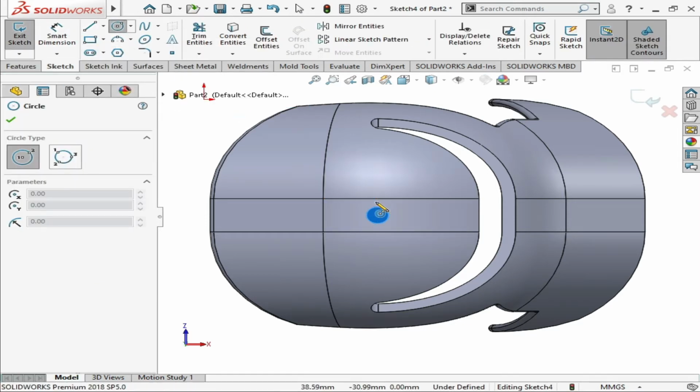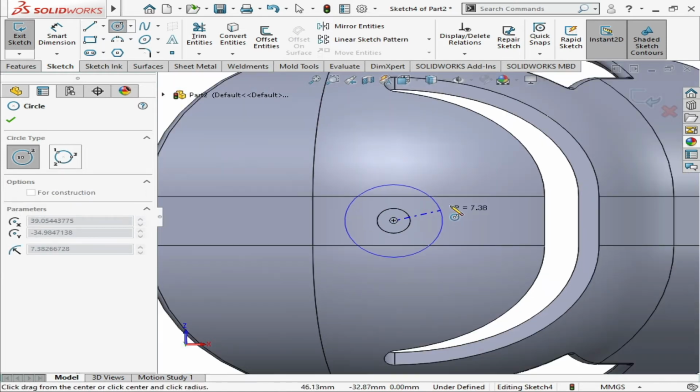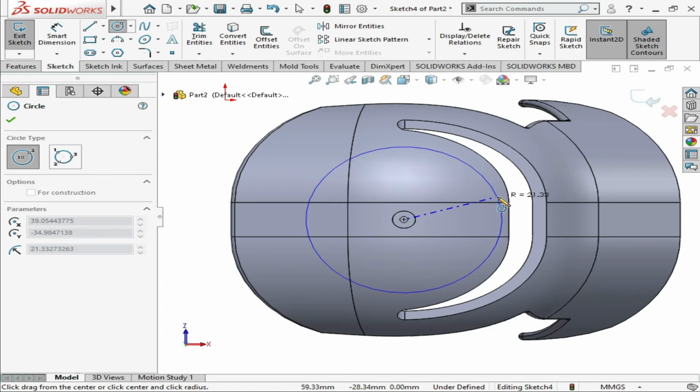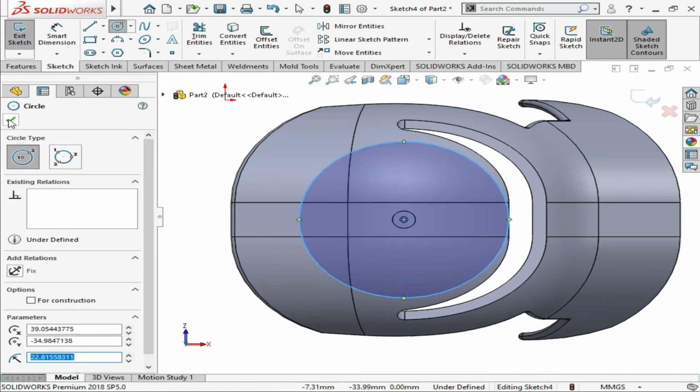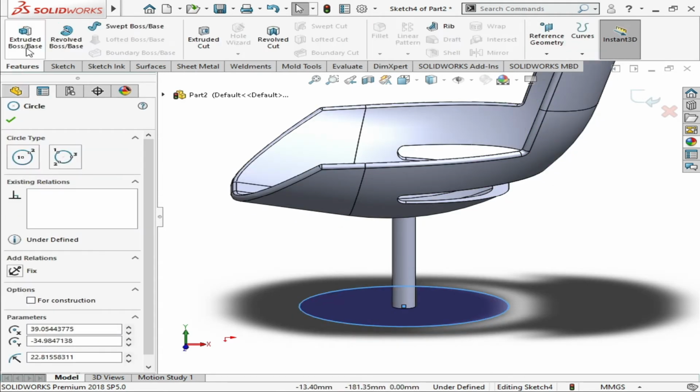After that we will click on the circle. You have to bring the mouse near the corner of the circle, so you can see a plus sign which is showing that it is the center of the circle. Now you have to click here and drag a little bit. You don't have to hold the right click button of the mouse. You only have to click once and drag, and after that we want this and click OK.